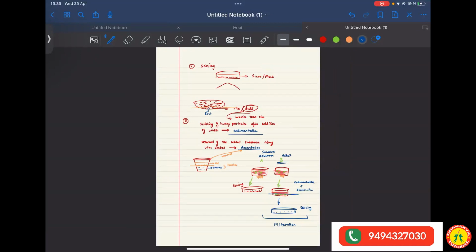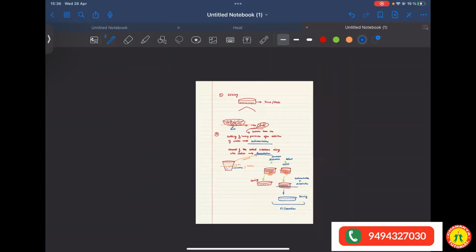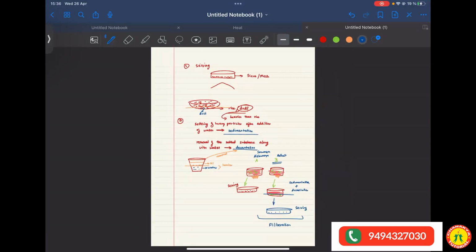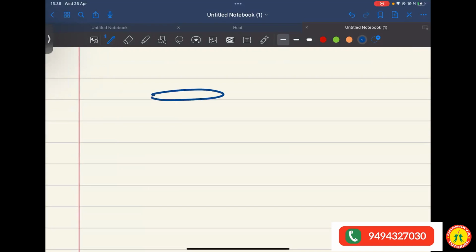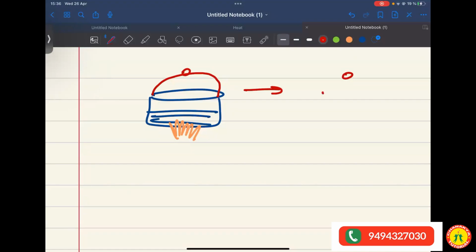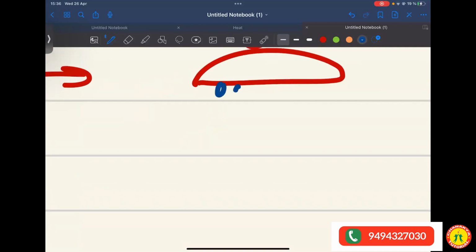Next part you're going to see is, now you're just taking a vessel, and you're going to heat the water. You're going to heat the water and you're putting a lid on top. After a while, you're removing the lid. What will you notice under the lid? Tiny bubbles. Tiny, tiny bubbles. What are the tiny, tiny bubbles? They are